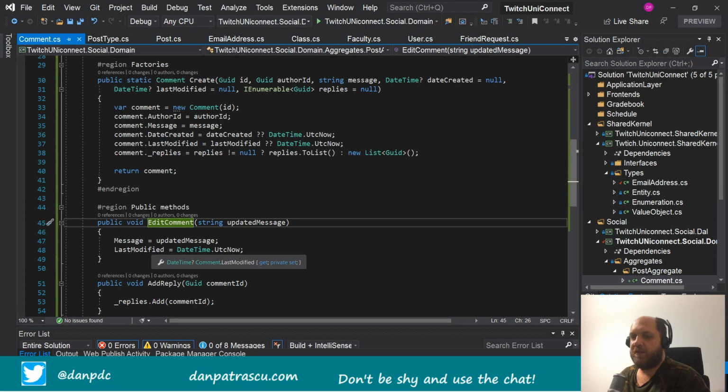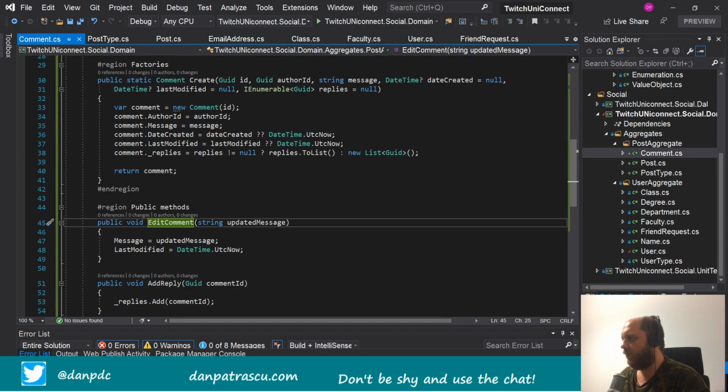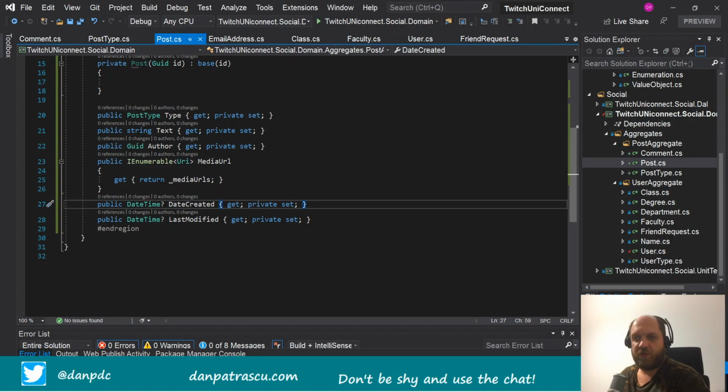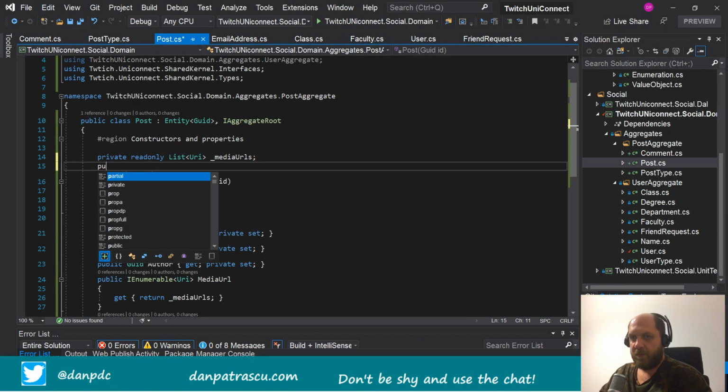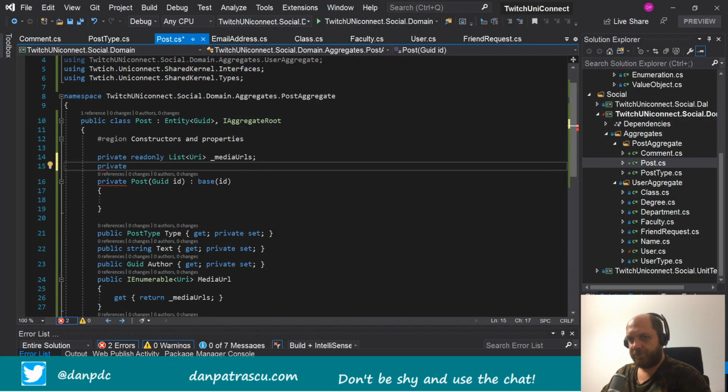if we want to delete the comment, actually the comment we won't delete from here. The comment we will delete from the post aggregate root itself. Let me show that. Once again, if you have a better idea, maybe you should tell me, but right now I just want to showcase what I think about it. So what we would have here in the post, it would be something like public, sorry, not public, because it will be a private field, private,